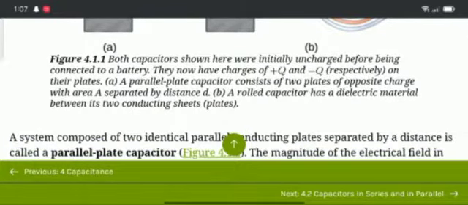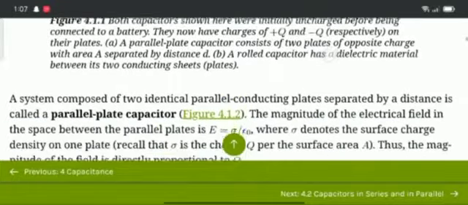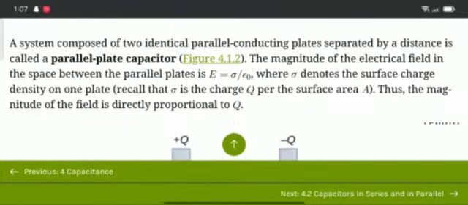Figure 4.1.1. Both capacitors shown here were initially uncharged before being connected to a battery. They now have charges of plus q and minus q on the plates. A parallel plate capacitor consists of two plates of opposite charge with area A separated by a distance d. A roll capacitor has a dielectric material between its two conducting sheets, or plates. A system composed of two identical parallel conducting plates separated by a distance is called